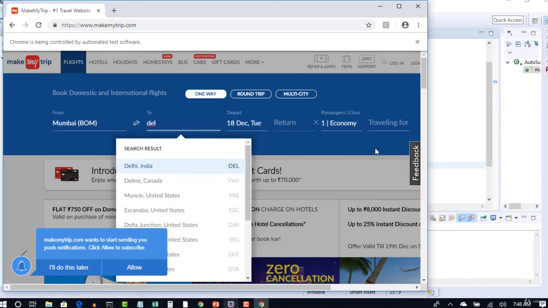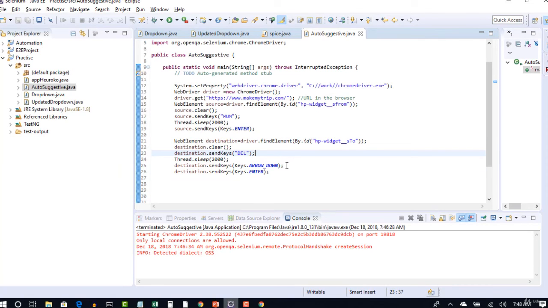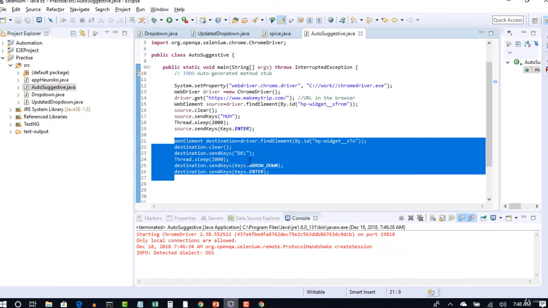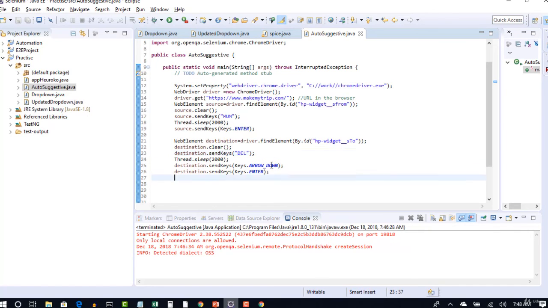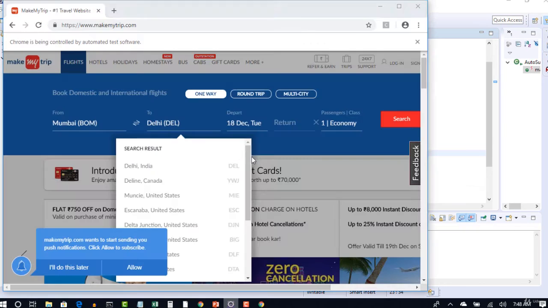So you will write the script based upon that only. If tomorrow when you do key arrow down and you don't see Deline in the source or destination, your script should fail, because we are clearly saying that the second option should be Deline based upon your input characters.